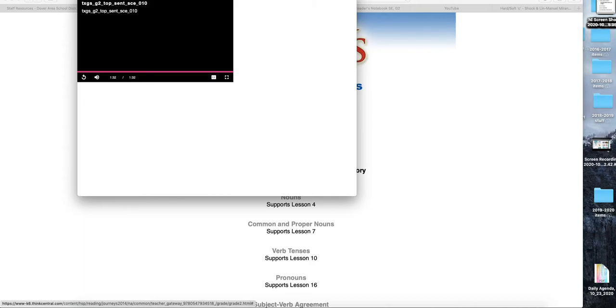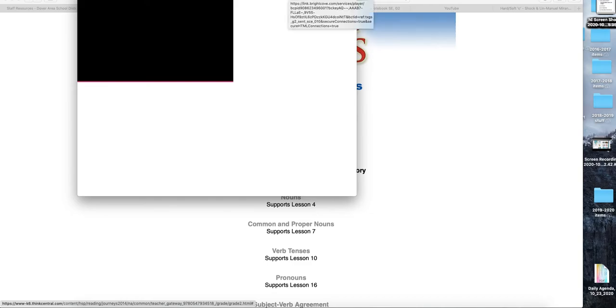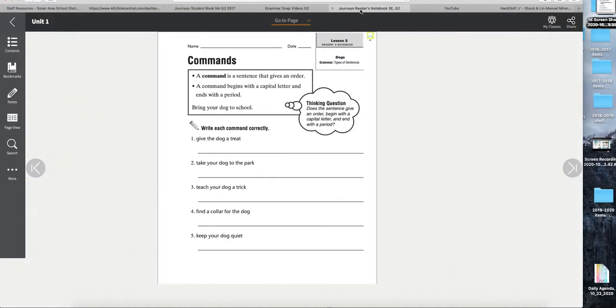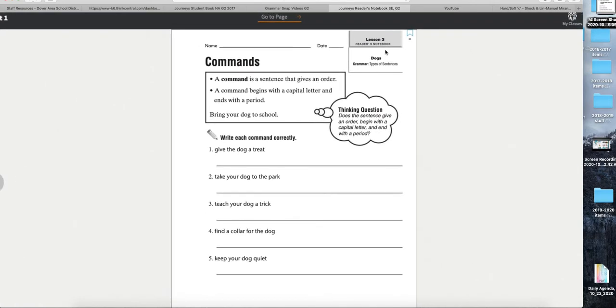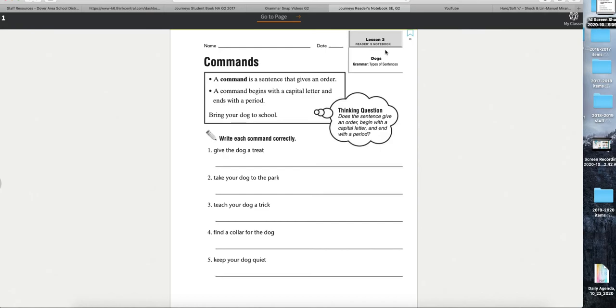All right, I want you to get out your soft reader's notebook. That's your book that looks like your hard reading book, only it's your soft one. And you're going to turn to page 35 in your reader's notebook, and I'm going to bring it up here on our screen so you can see which page I'm talking about. It looks like this. It says commands at the top. Page 35 in your reader's notebook says commands at the top. I'll make you guys a little bit closer, maybe you can see it a little better. I will hold the board up though so you can see what I have written on my dry erase board.